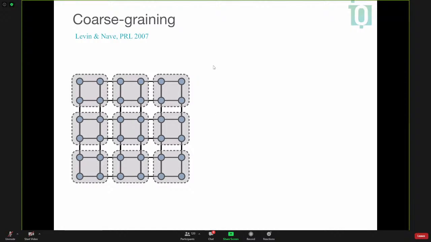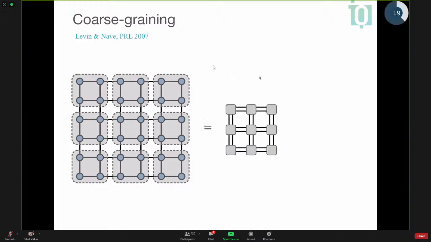Coarse graining is something that is popular in physics due to the renormalization group. Basically what it means is, if you imagine that you have a tensor network that describes, say, the partition function of a classical system, you will pick a neighborhood of the lattice, and you will group it or lump it together. If you do this, you will end up with something like what I show here in the middle.